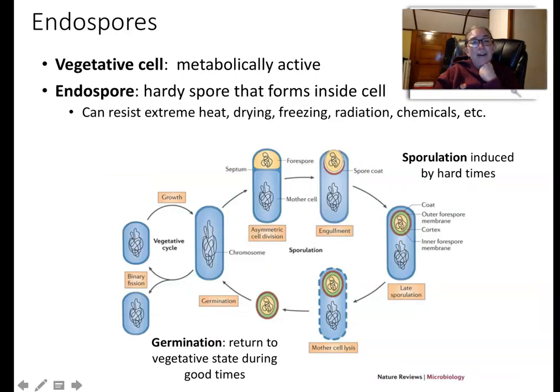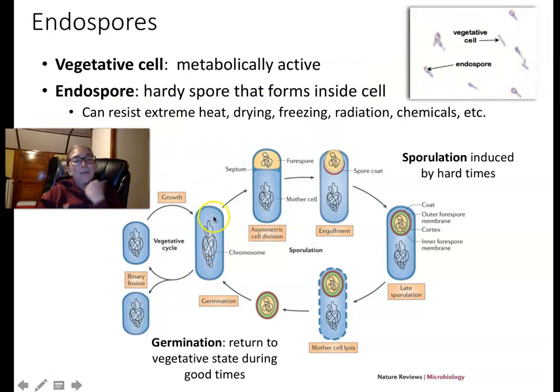So the life cycle of a sporulating bacteria looks like this. When conditions are good, they're just dividing and growing and dividing and growing. That's called the vegetative cycle. But when conditions are poor, like it's really hot, really dry, or really cold, then it'll activate this spore formation life cycle. It'll start to sporulate, so the cell will divide, but instead of splitting into two different cells, the daughter cell ends up getting encapsulated by several layers of tough protein. Then the mother cell basically dies and disintegrates, and what's left is this spore, which can live